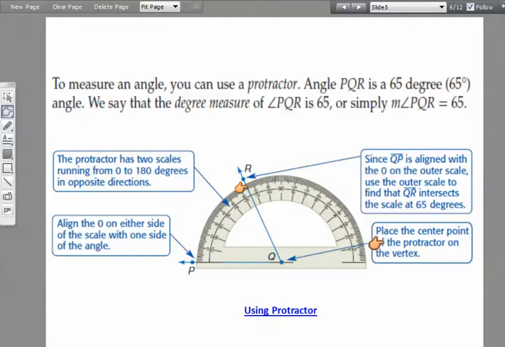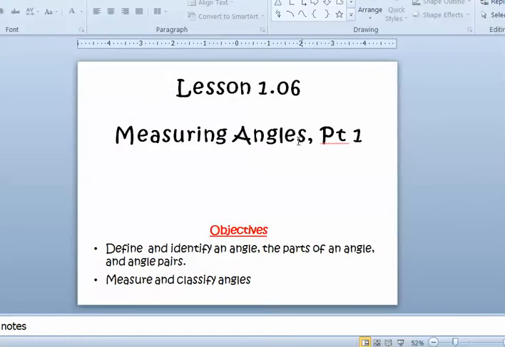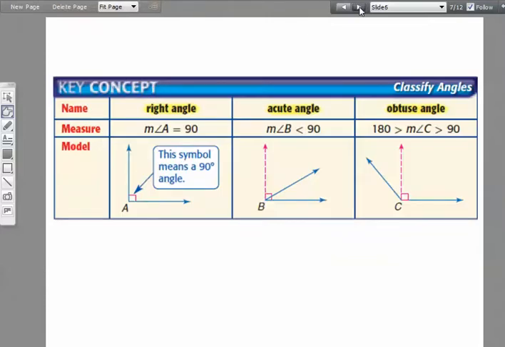I'm looking through here, place the center point using a protractor. Let me see if I can get this up. Whoa, look at what I did. Oh, I know what I'll do. Put this over here. Sometimes these little shows that I've got going on here don't work so well, but I'm trying it out. I might have a video for you to watch on using a protractor. We'll see how it works. Okay,